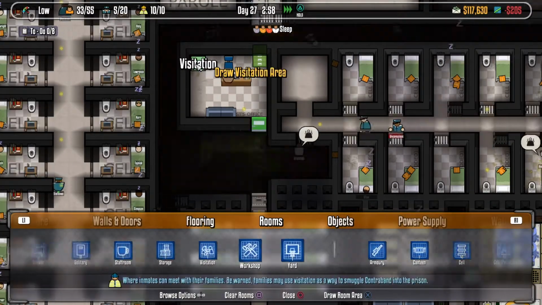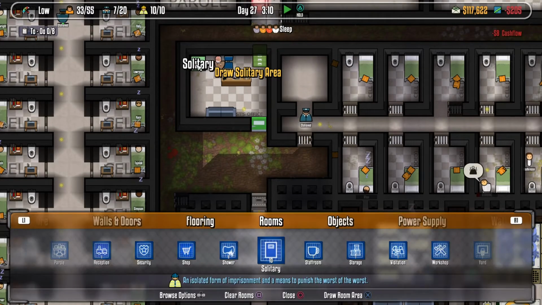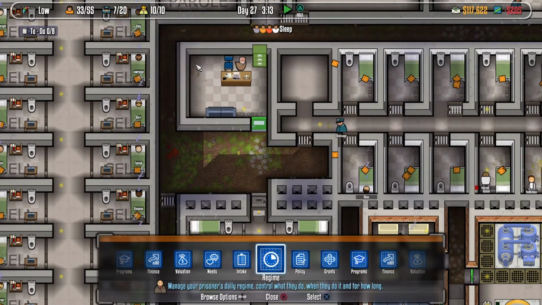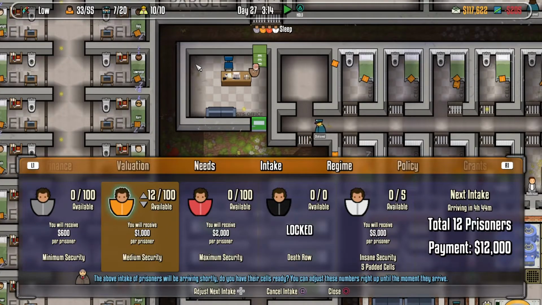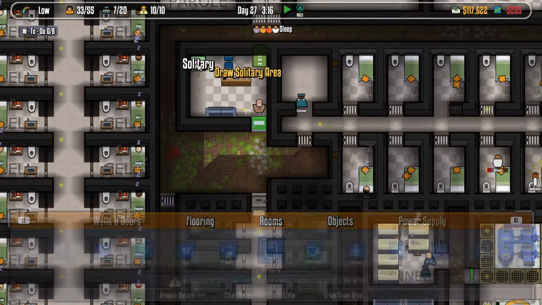We need to make this office. Oh, slow time down a sec. Yes, we did have a prisoner release. Look, our count's gone down to 33. So, seeing as we've got some more guys coming in very soon, let's just add an extra one to that there. Like so. Now we can go back to rooms. We need to...